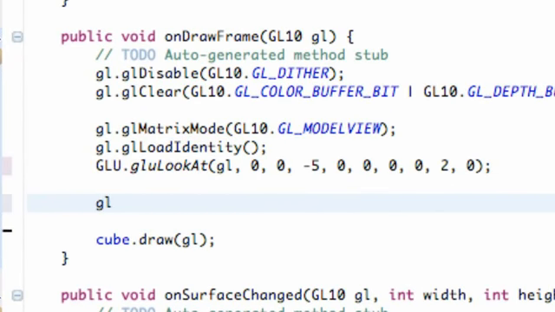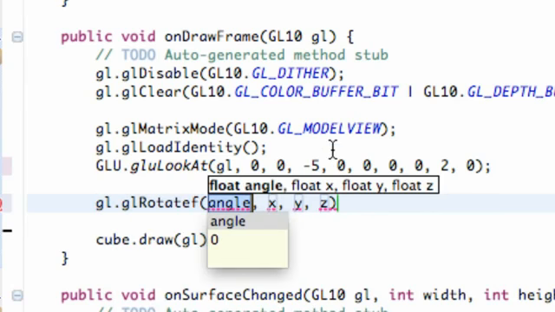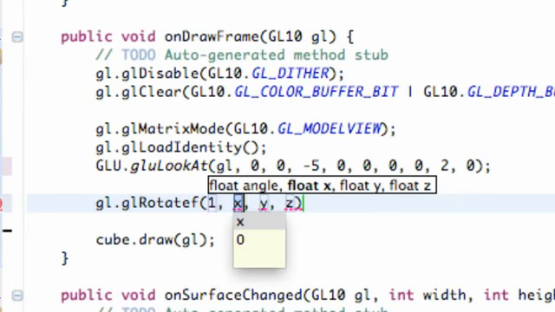We're just going to say GL, again relating to the GL10 object that we're going to pass in. We're going to say GL rotate. And we're going to use the F for float. And the first parameter here is the angle. So we're just going to say, I don't know, whatever angle you guys want,